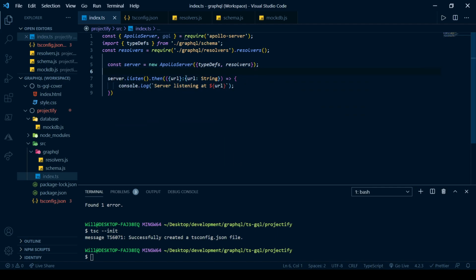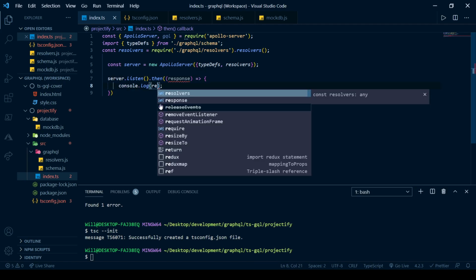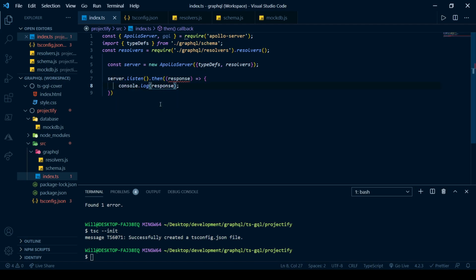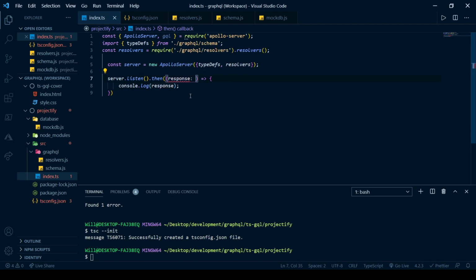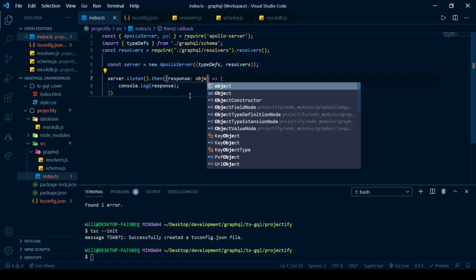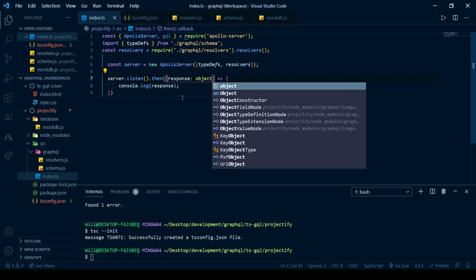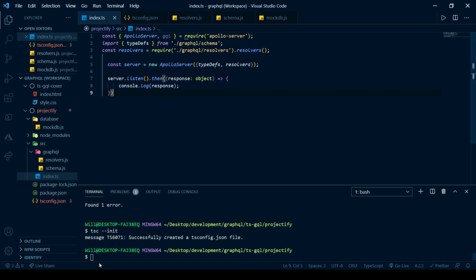And if you don't remember why it's a string, or you didn't watch the last video, you can take a look at the response that we're getting here. Then we can just console log the response. But of course, we're still going to get a type error here, and we'll make this an object because the response was an object. All right, and if we run this file,